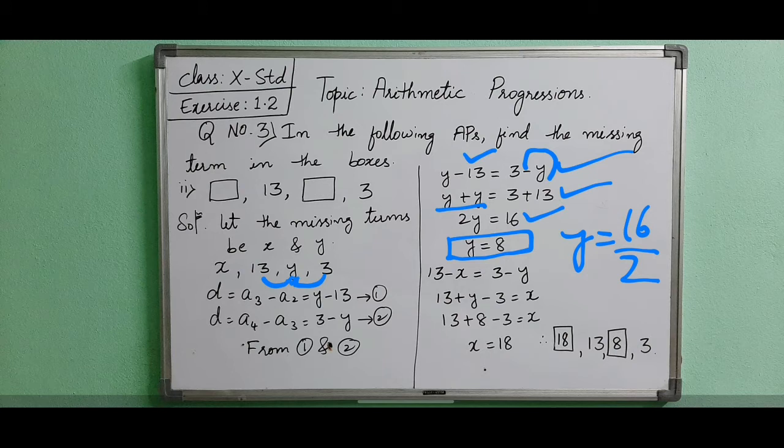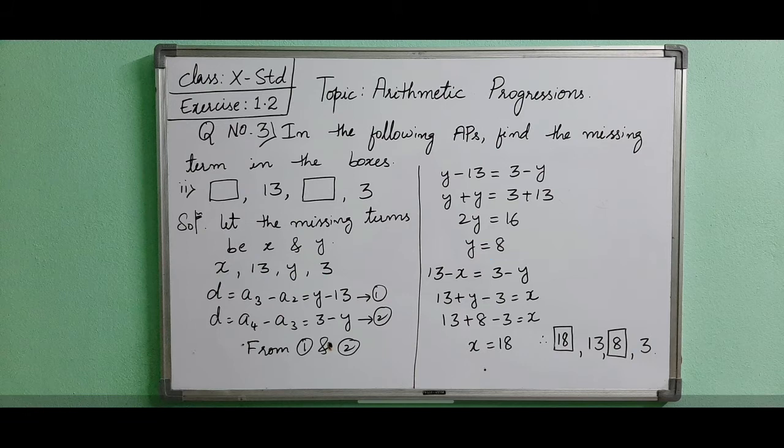After getting the y value, we need one more term, x. So how can we do it for x? Again see the terms here. The difference is equal. So we can say this 13 minus x will be the same as y minus 3, or you can take it as 3 minus y. Consecutive terms, one after the other, you have to take the difference. See here, 13 minus x equals 3 minus y.